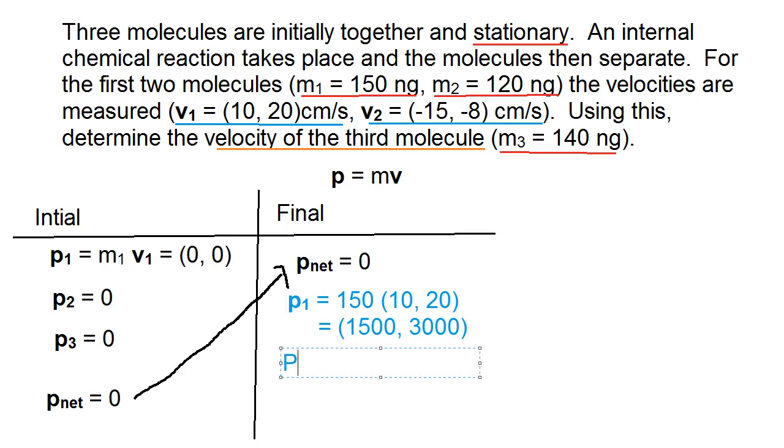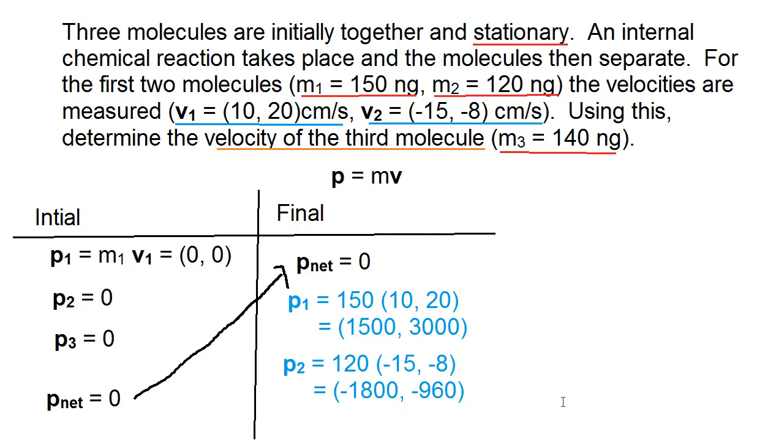So that's the momentum of the first one. I can do the same thing for the second one. For the second one, my mass is 120 nanograms, and for my velocity, I have negative 15 in the x, or 15 to the left, and negative 8 in the y, or 8 down. I can then multiply these out to get my momentum for the second object. So when I multiply this out, 120 times negative 15 is negative 1800. That'll give me the x of my final momentum. And as for the y, 120 times negative 8 is